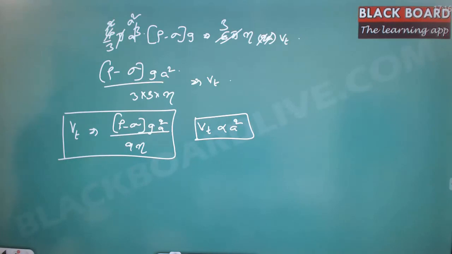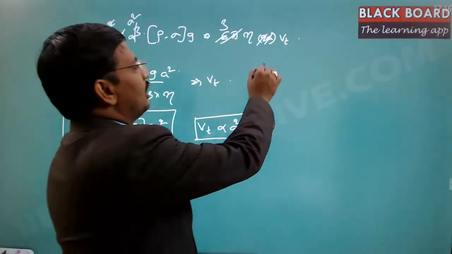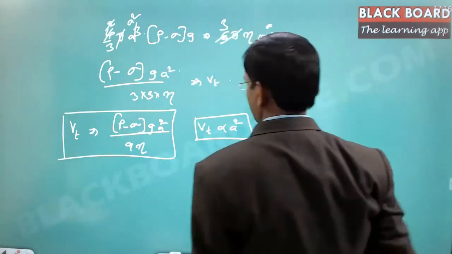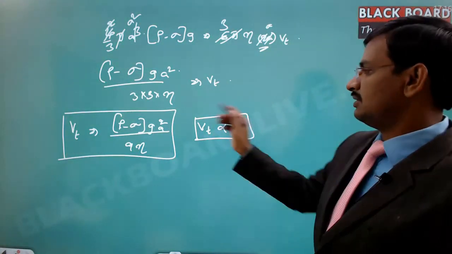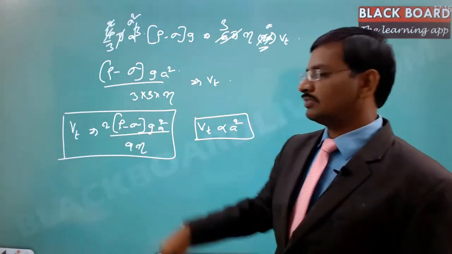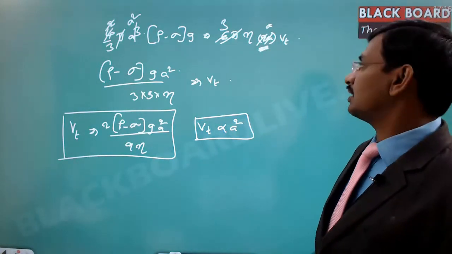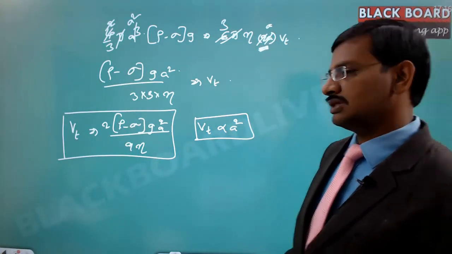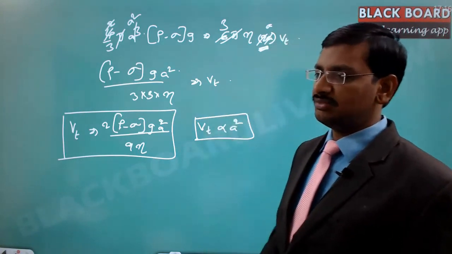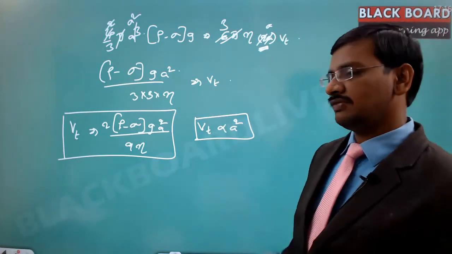Right? In the textbook, rather than the diameter, he took A itself, which is the radius. In that case it comes twice. Got it? Rather than the diameter, he has taken the value as A, the radius, so it is just a constant multiplication and will not make any difference in the formula. Got it?